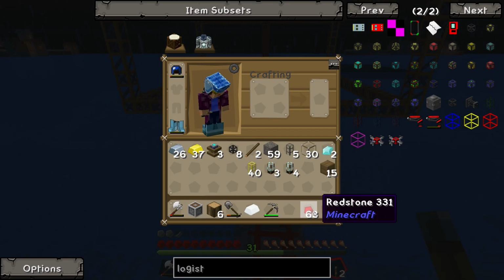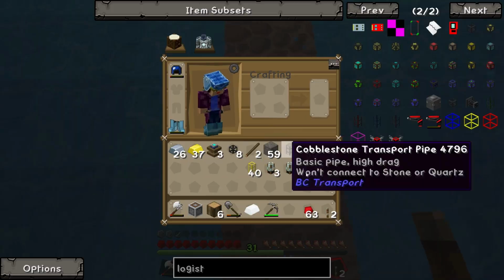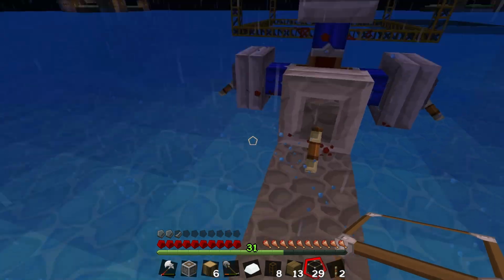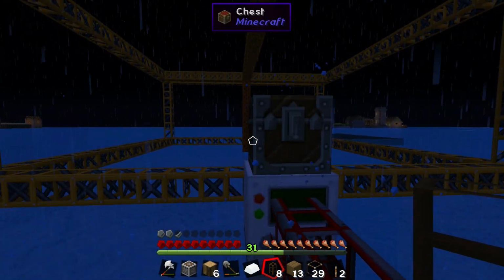We're going to have a wooden transport pipe, which we are going to have to make because we do not have one on us. So let me just quickly craft one on the floor here. We need wood and we need glass. So we can go boom, boom, and boom. Thank you very much. We'll throw that down right about, I think, on the left-hand side here. I don't want to go too far up. I'm going to put that...